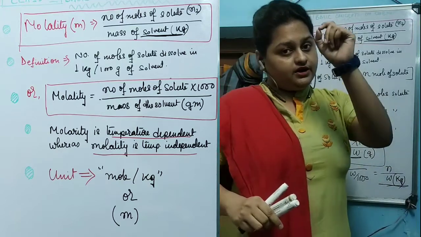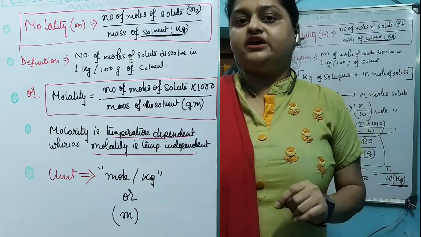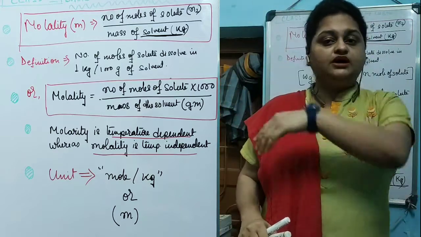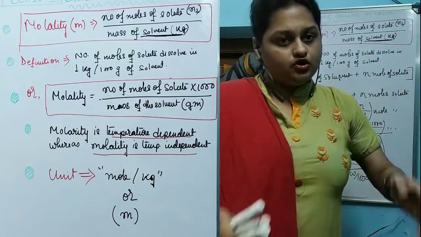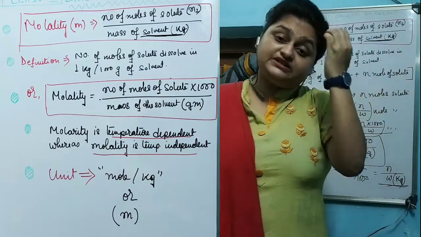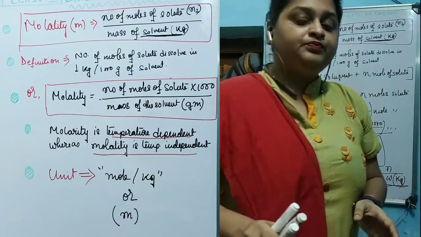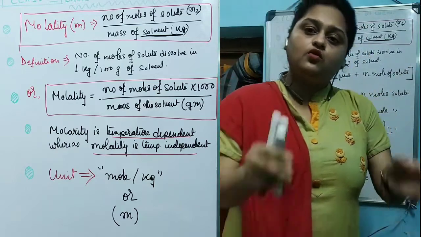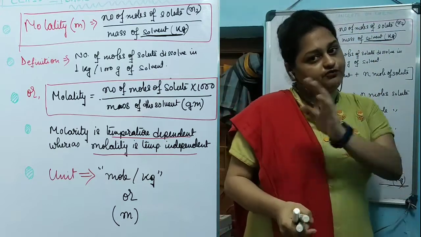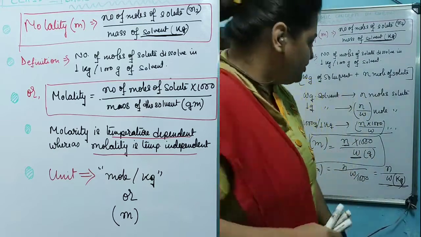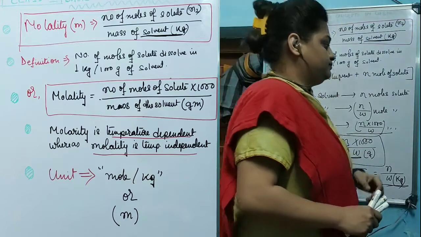But when we are representing amount of solute with respect to the mass of the solvent, in that case I cannot take the mass of the solution, because mass of the solution is nothing but the total mass of the solute plus solvent. So when we are representing the amount of the solute dissolved in the amount of the solvent with respect to the mass of the solvent, we are only going to take the mass of the solvent in this expression in kg. If we are going to take that in the expression of gram, we are going to multiply it into 1000 by mass of the solution in gram.